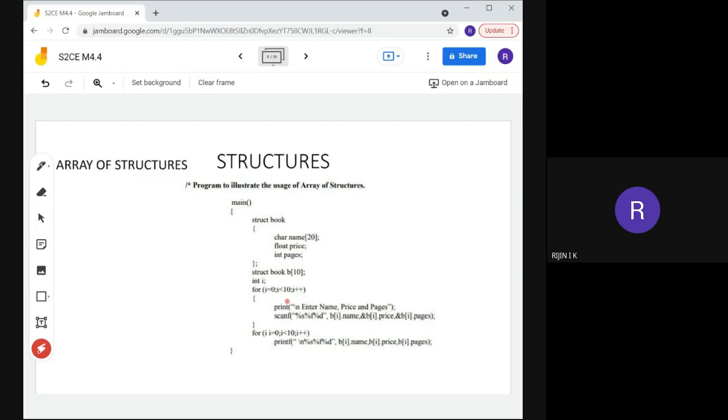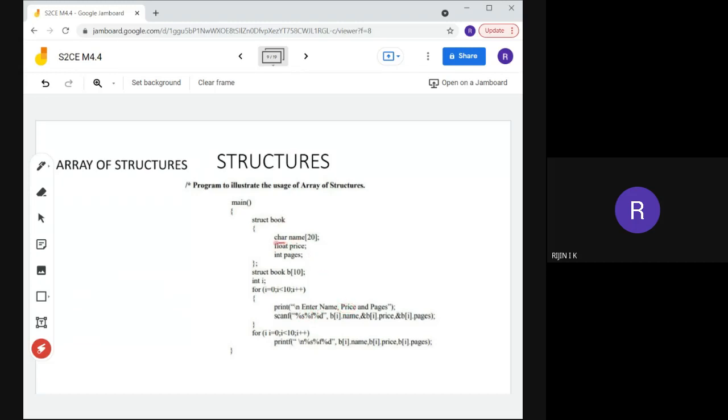First we are going to store record 1, that means the 0th record. For that we can scan the details by using scanf. First we are reading name. Name is a string data type, so we specify it as %s. Next we read the price.